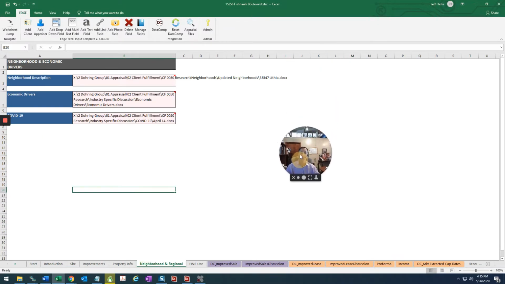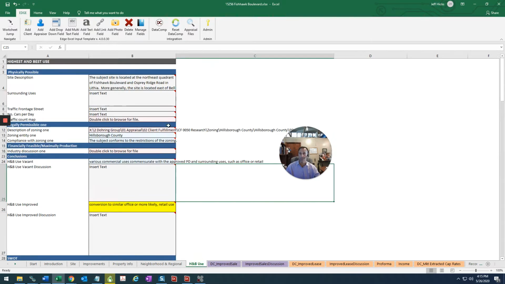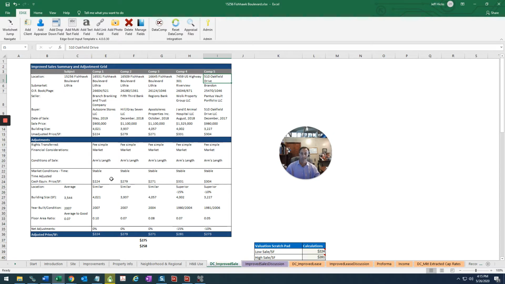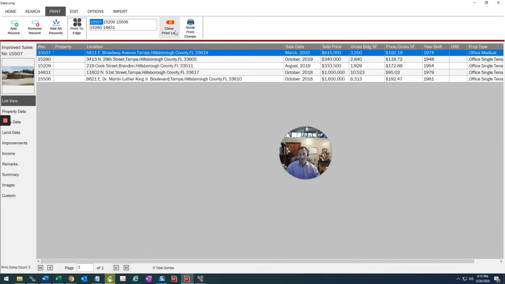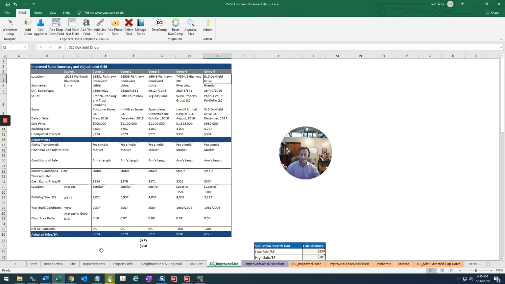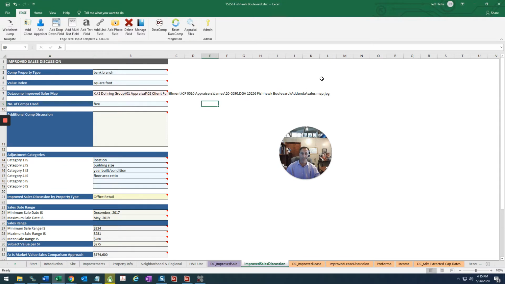Neighborhood, for example, this browses out to an organized neighborhood. It's a Word file, and this one link brings in 2 or 3 pages, with charts and graphs and that type of thing. Highest and best use. Improved sales come from data comp. So for example, here are my 5 comps, in sequential date order. I print out my comp write-ups, the full comp write-ups. I print them to my adjustment grid, and then I create a map that I then browse out and have